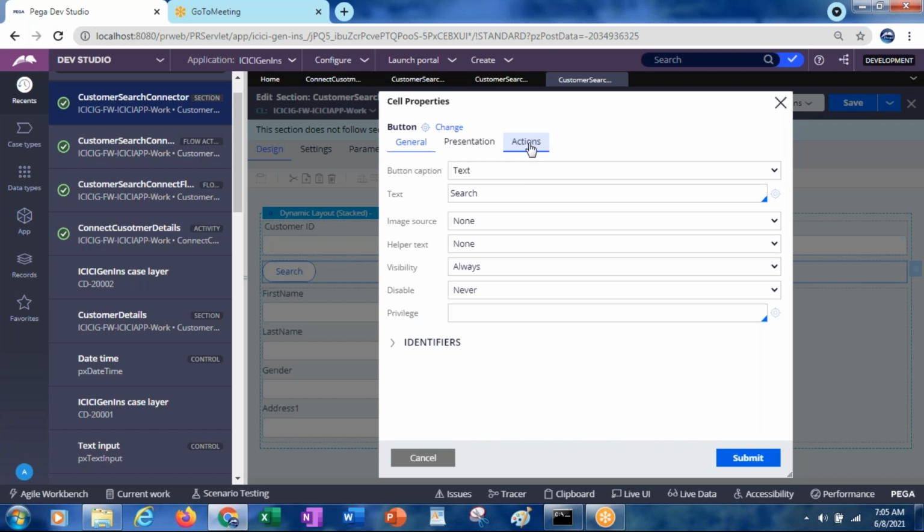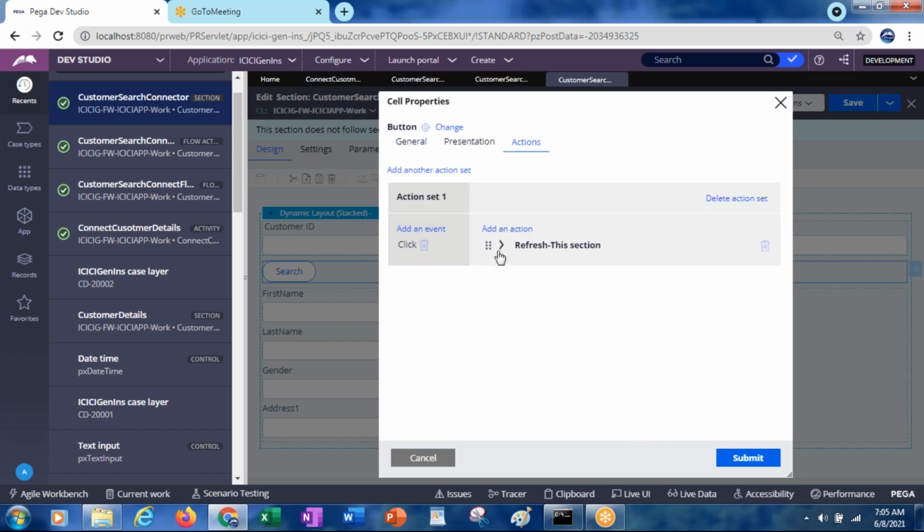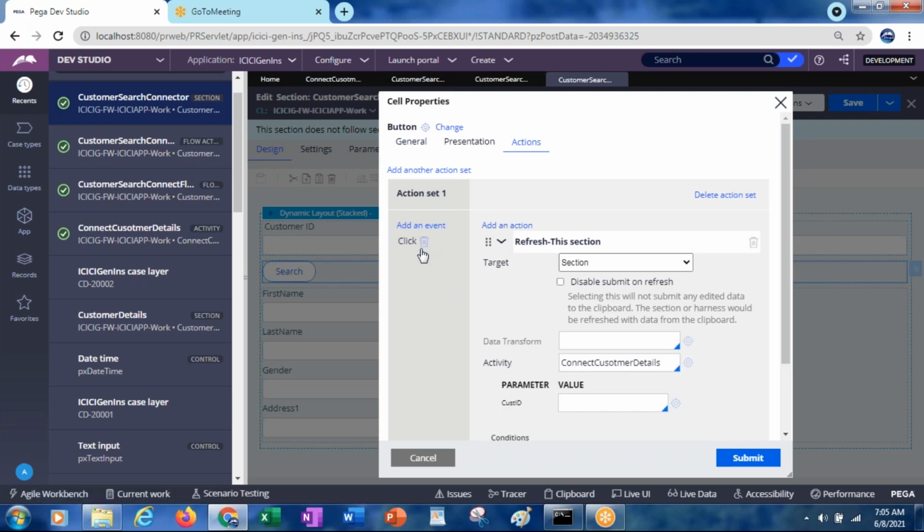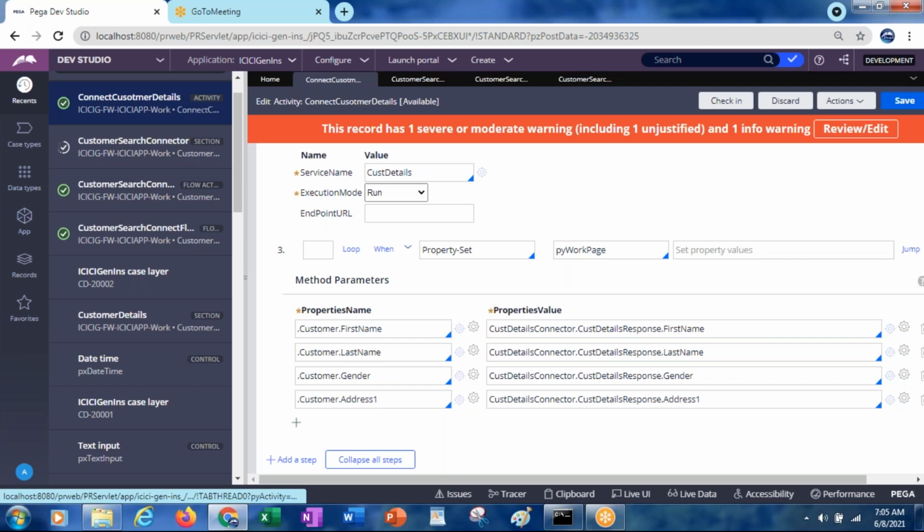Under the actions, on the click event, refresh this section. This is the connect customer details which we created.